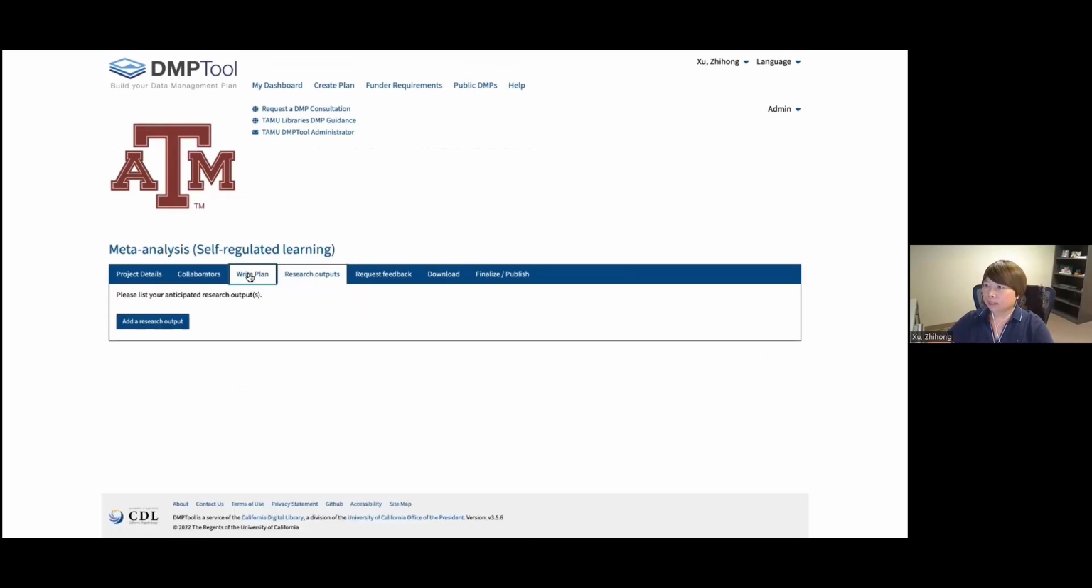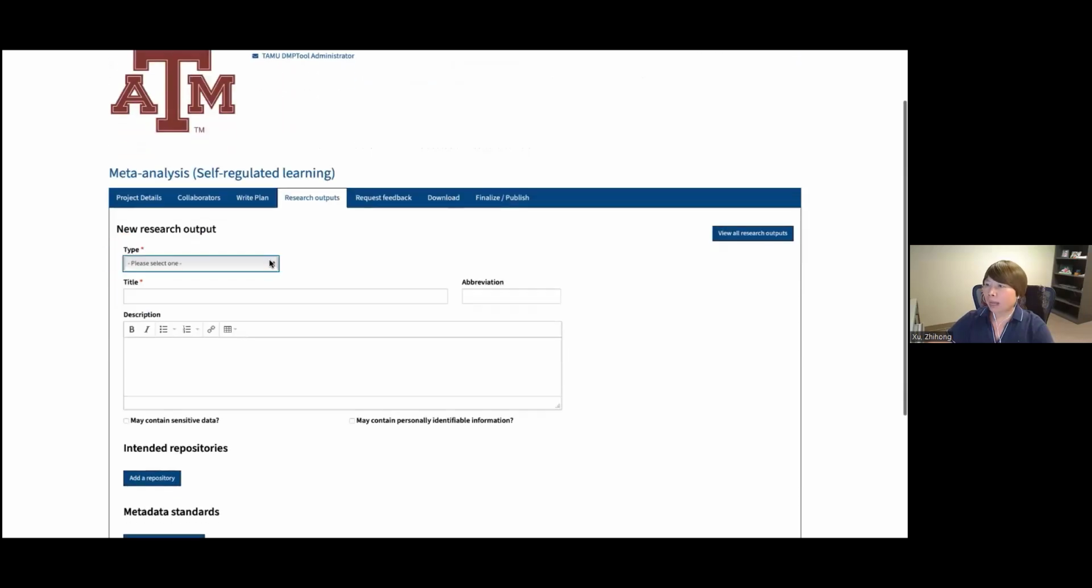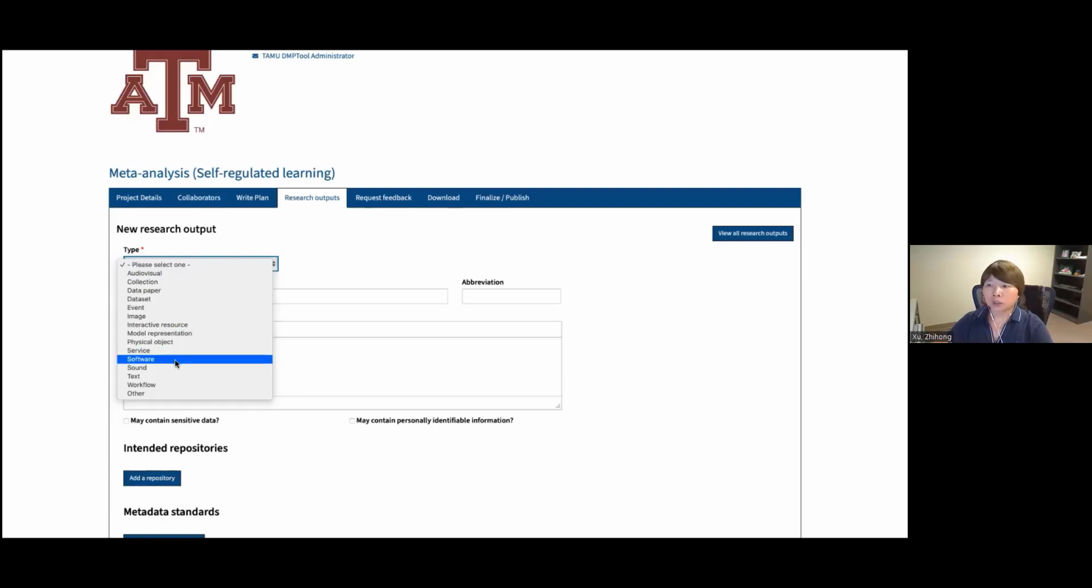So this is all for the plan stage. When you finish all of those sections, you will go to the research outputs. On this page, we will be able to add any of our research outputs from our research projects. We might create a new software from our research, or we might come up with a data paper. So you can add whatever